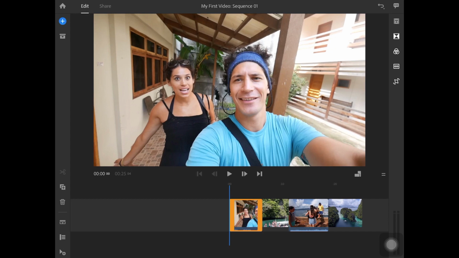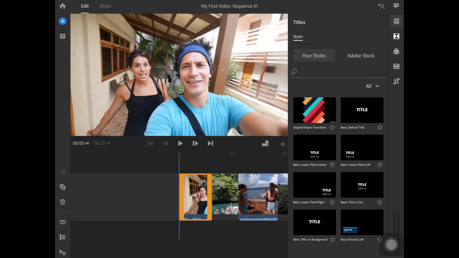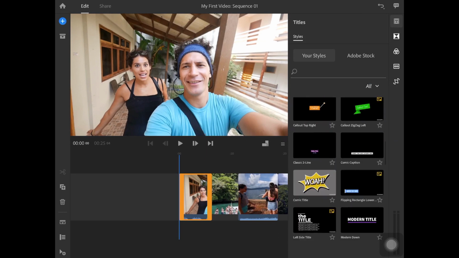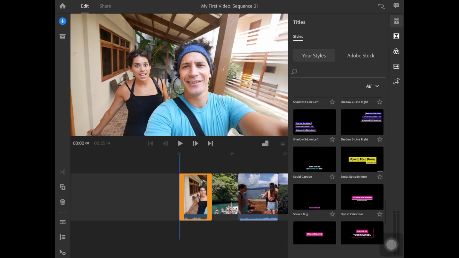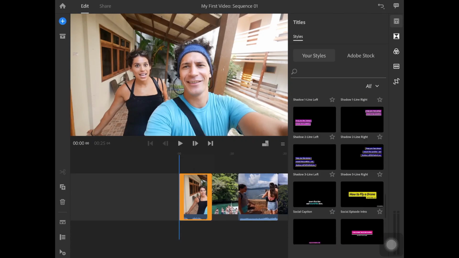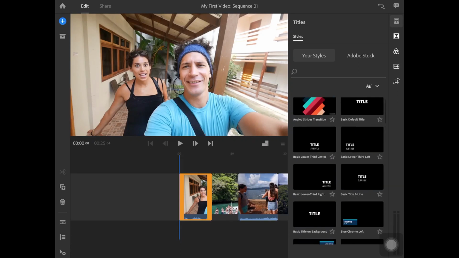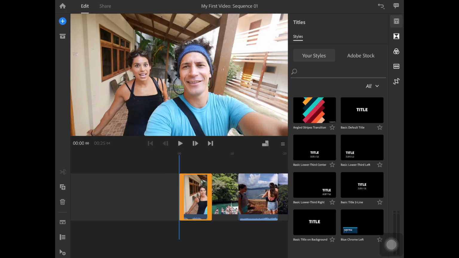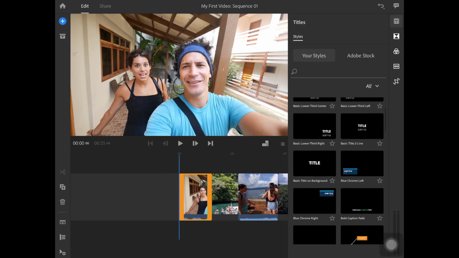So let me show you the first one. I'm clicking on the T icon. The T icon stands for text templates. So what are text templates? If you see, there are some designer text templates like this. I can use any of these designs, but I can use my text. For example, let's say I'm using something called as Brew Chrome Left text template.